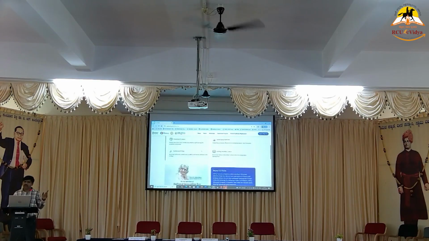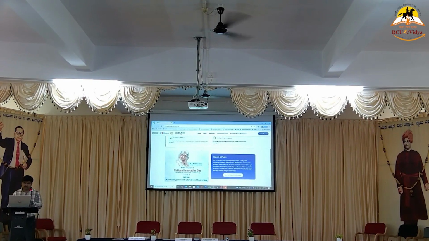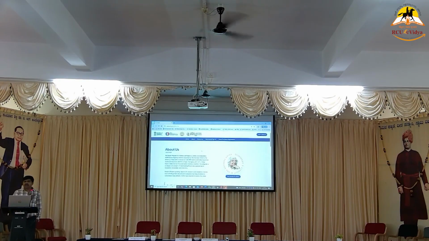Like that, there will be some schemes for universities also. As I told in one of the slides, what rank are we in with respect to IP? Second rank. So the central government is pushing more and more to improve the rank, so more applications need to be filed. In order to motivate that, these things are given. For schools also they are giving, school innovations. So you have many schemes. Whenever you file, you will get the returns, fully funded. You can check it. This is also one of the options.